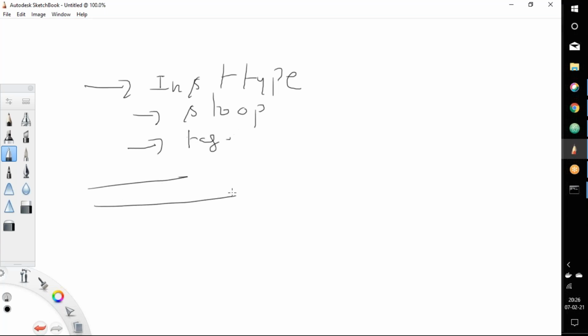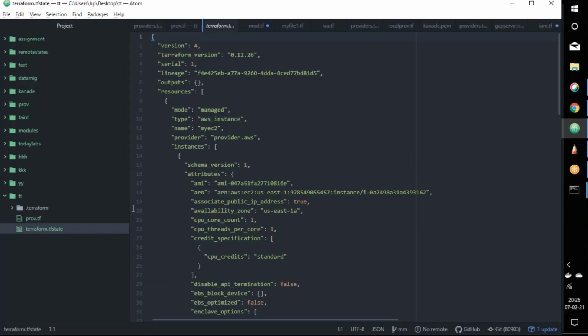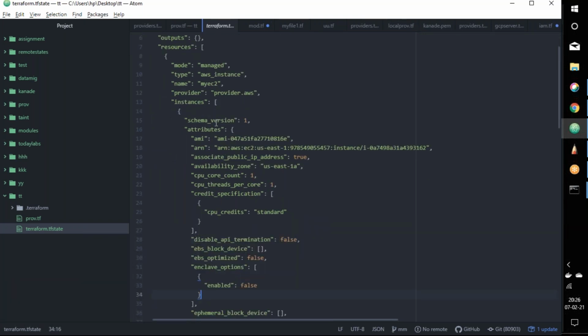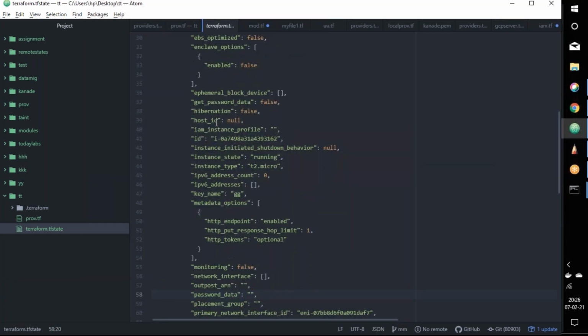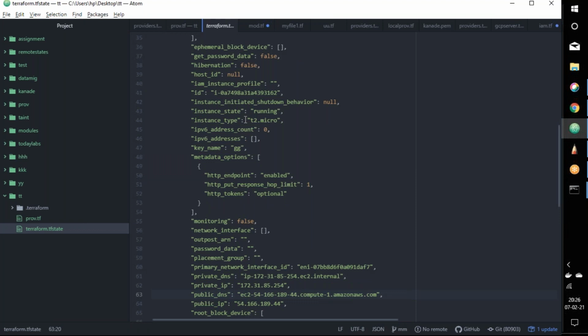Three changes. And now the question is, if we look at the state file, let's have a look at this server. If we look at the instance type, it is t2.micro. Okay, that's good.